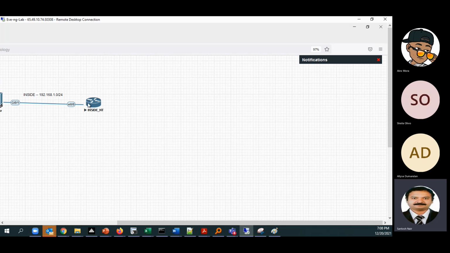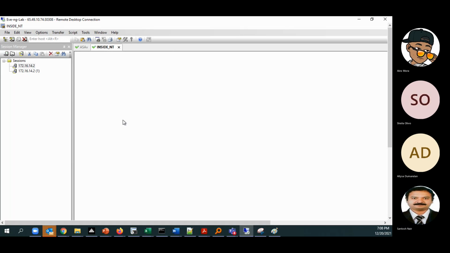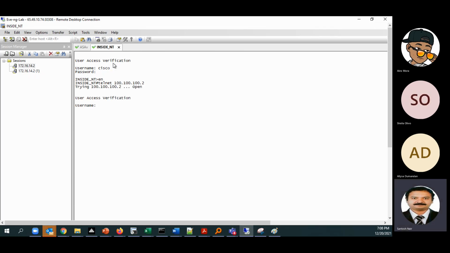So that is one part. Now we'll come to the inside router. It is getting connected.